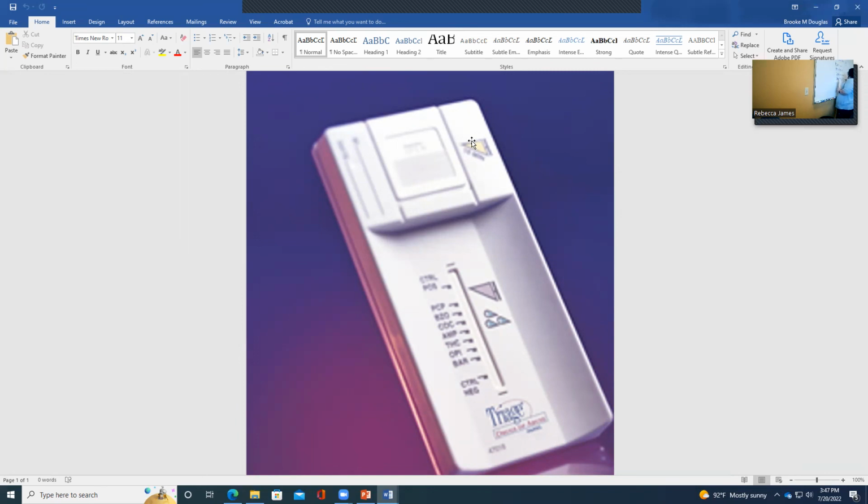Phencyclidine, which is PCP. Opiates. Cocaine. Amphetamines. So, this is just a 7 panel. Like I said, there's 8 panels, 9 panels, 10 panels, so forth, so on.